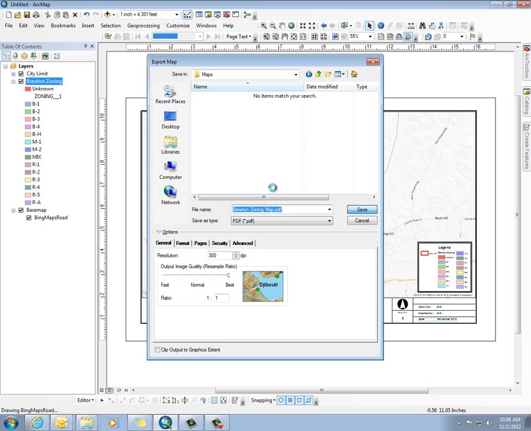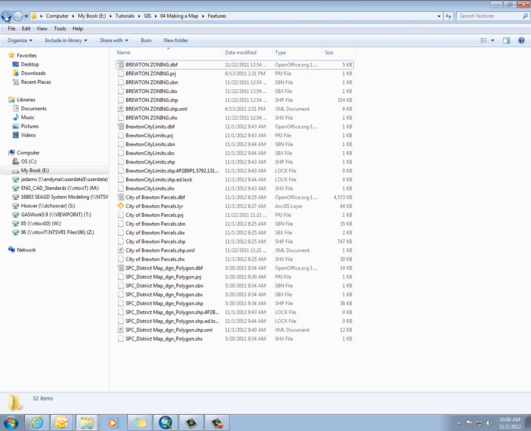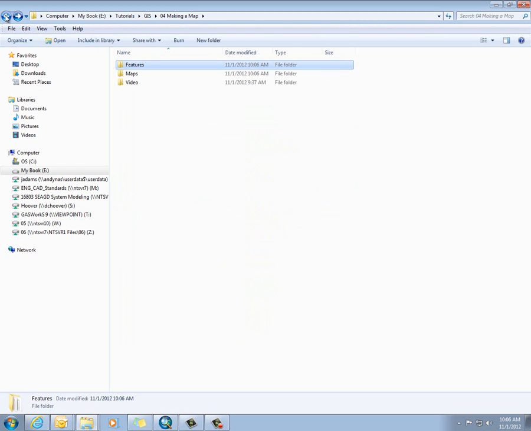Just hit save and it will export the map, and you'll see down here that it's thinking about it. And the export's complete. Once the export's complete, you'll be able to view the PDF